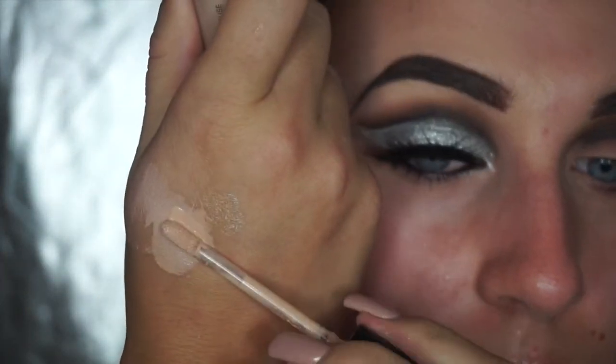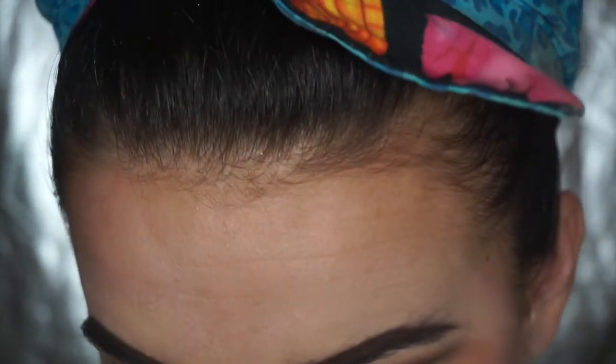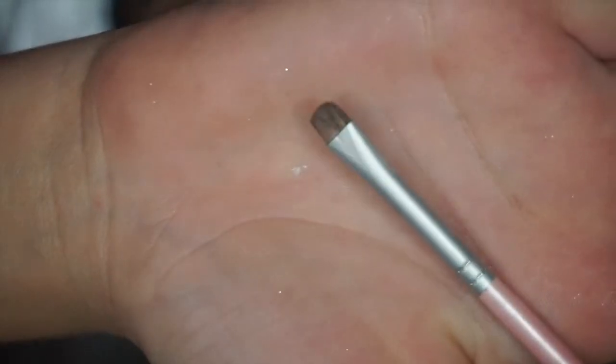Then I'm going to be putting the concealer on the back of my hand. I'm using the Too Faced Born This Way concealer. This concealer is bomb.com. Love it. And I'm taking a very, very tiny, good detailed tip brush